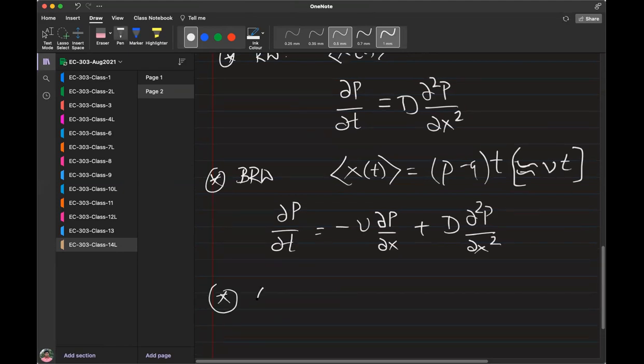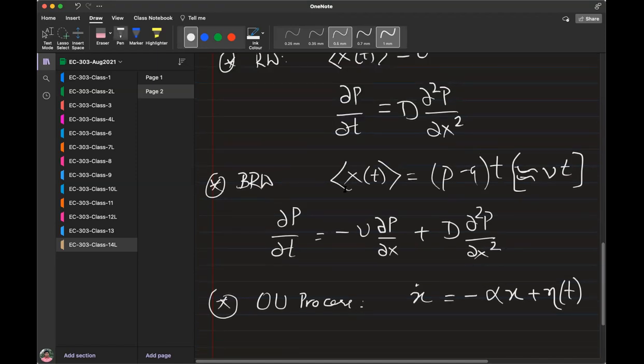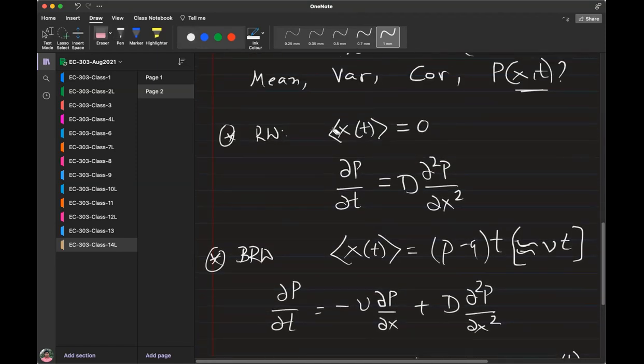Okay. Now think of the OU process. What is the OU process? x dot is equal to minus alpha x plus beta of t. Now, what's the mean behavior we found? Start with something like this, right? Okay, I think this is actually a bad way of introducing. Sorry, I think I messed up. The right way of thinking about this is not this. Sorry, I think I gave a bad example.